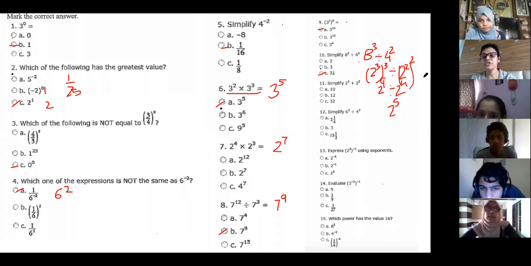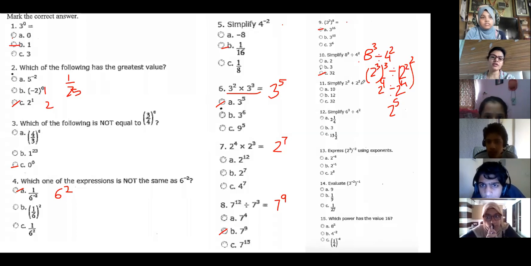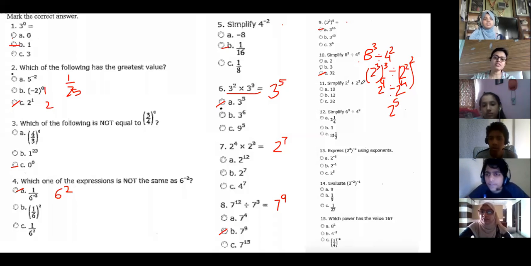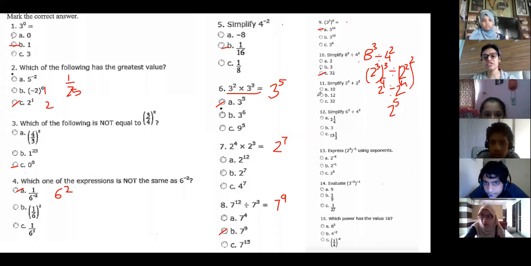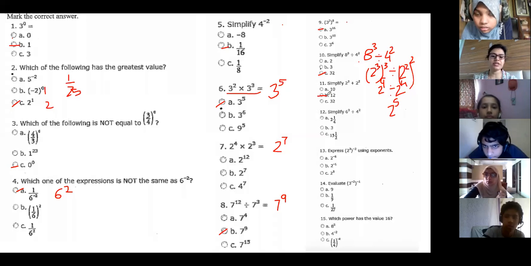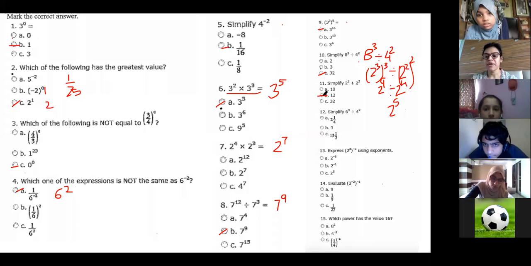Okay. Now can you solve this? 2 cube plus 2 square. No law is there for addition, so you have to find it separately. What is 2 cube? 8. 2 square is 4. 8 plus 4 is how much? 12. So your answer will be 12. There is no law for exponent addition. There are laws only for multiplication, division, power of a power and negative power.